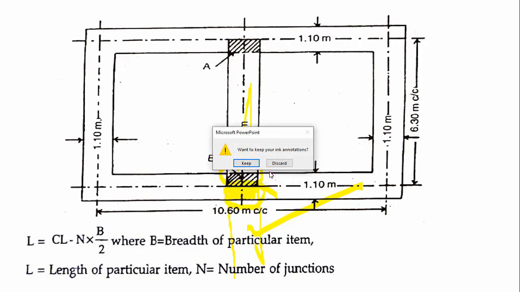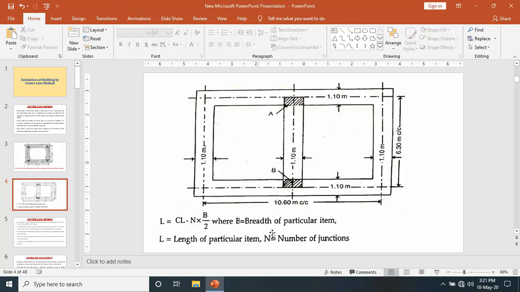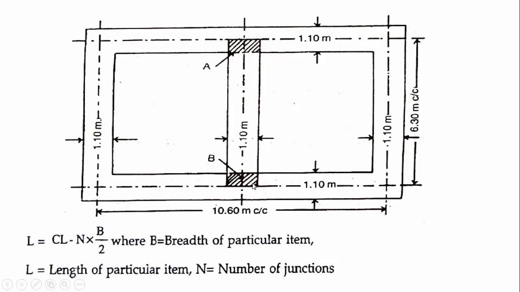So here therefore we are going to get another junction. In this portion we have one junction here, and for this wall we have another junction here. So when we have this type of walls, we are going to have two junctions. In this case only one junction here, one junction here. If another wall comes from the top here, this will be another junction. So that time two junctions have to be considered.